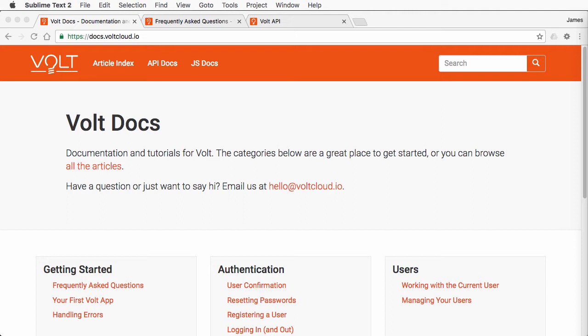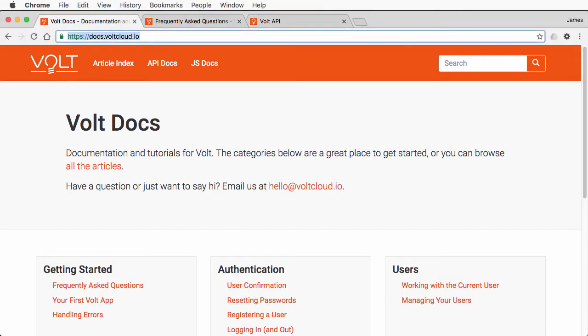Volt is a hosting service for web and mobile apps. We can find out more by going to docs.volt.io. Now, why would we need Volt services? Well, one reason is if you had an app that required your users or members to sign in with a username. Volt simplifies this process immensely, and that's because the service provides a set of API and JS docs that allows us to easily call functions such as member registrations, get user details, change user details, confirmations, and of course